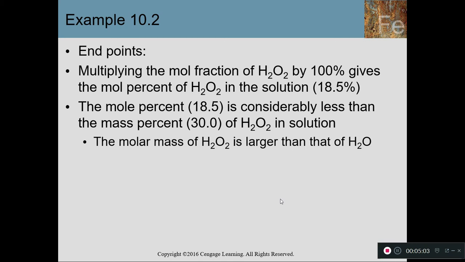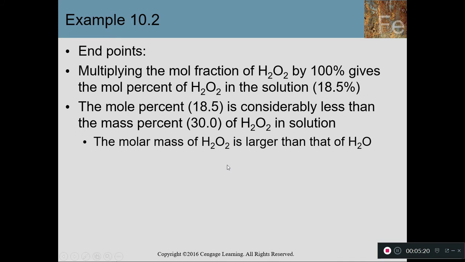Well, that's different than 30% by mass. Well, that's because hydrogen peroxide has a larger mass than water, so that would make sense. It would have a smaller percent of the moles. Anyway, that's mole fraction. Mole fraction is moles of whatever the component is divided by the total number of moles